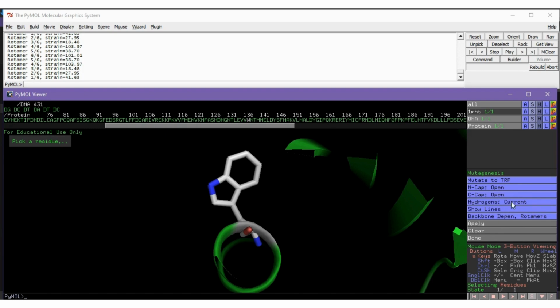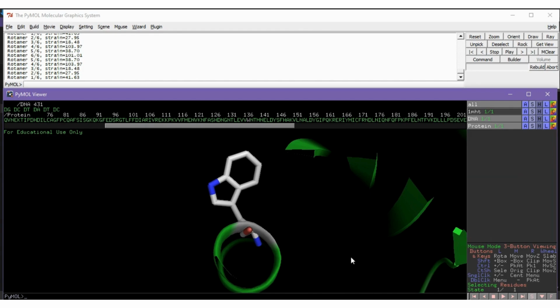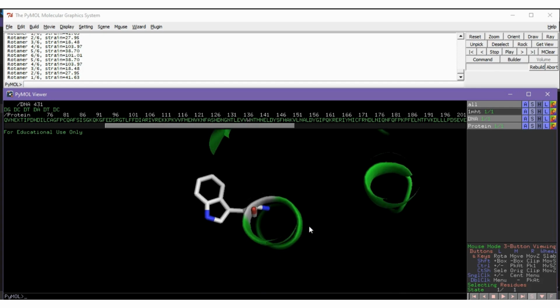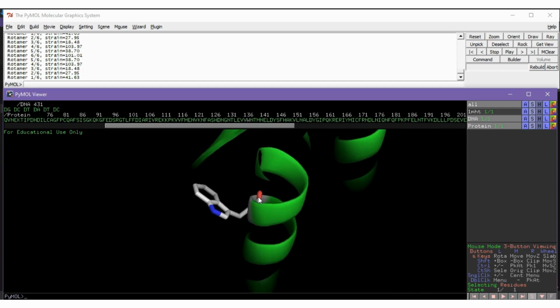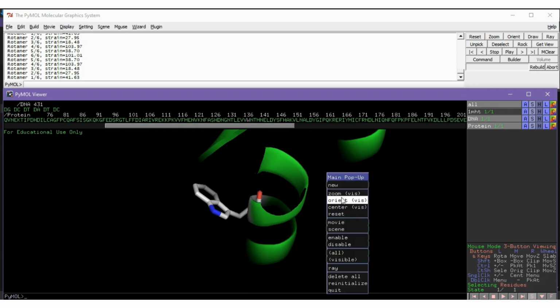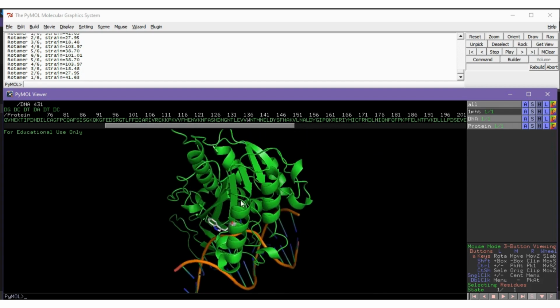You can ignore the other information here. It is fine as the default that it already is. So we are done. Now we have successfully mutated the lysine to a tryptophan.